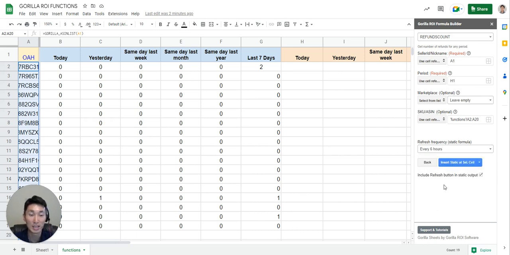Set the refresh frequency. I'm going to change it to like say 6 hours. I'm going to uncheck this because I don't need a little checkbox to constantly try and manually refresh. I'm just going to trust that it's going to automatically update. And then if I select the cell H2, because this is important, you want to select the cell where the data is going to load. Okay, if I click on this and then insert the formula, all of the data is now going to start loading from this position. So I'm going to select H2, insert data,